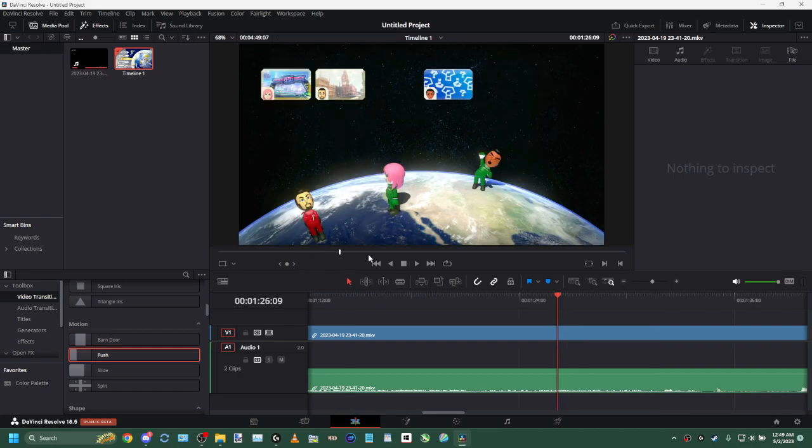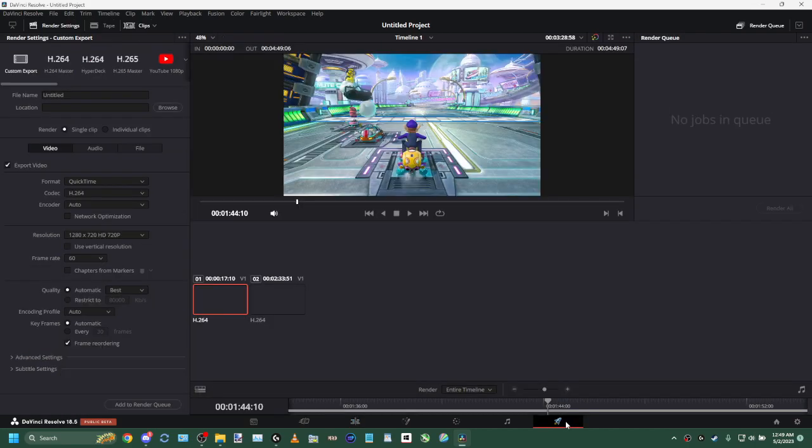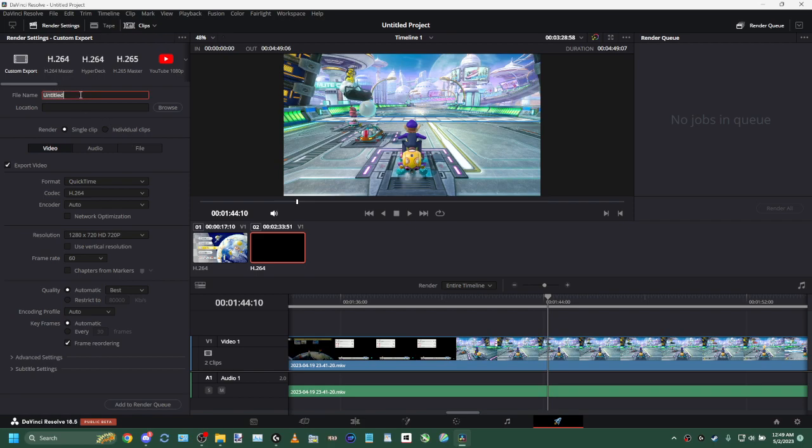Now if I wanted to make a montage, I basically just cut out chunks of the race, and then I can chop it up and then make it so it all cooks together. Throw in some transitions and whatever. And then once all that's done, then I would go to the deliver tab. And then I would go like XY and then XYZ title. Like in this case, it'd be like Mario Kart 8